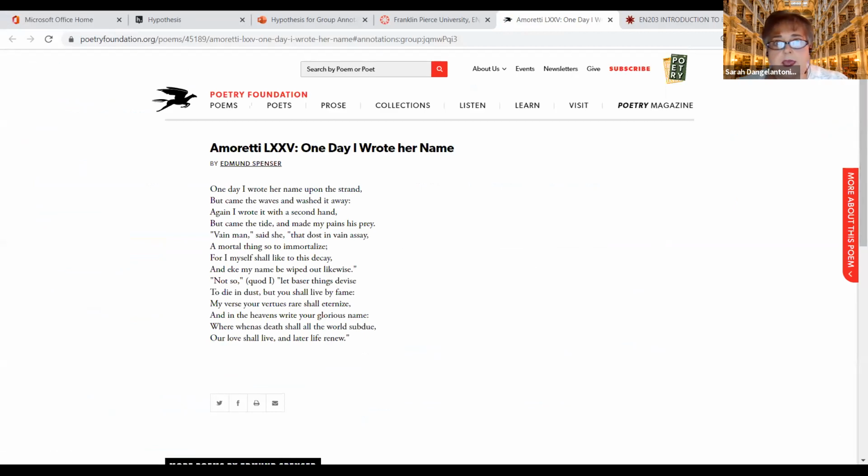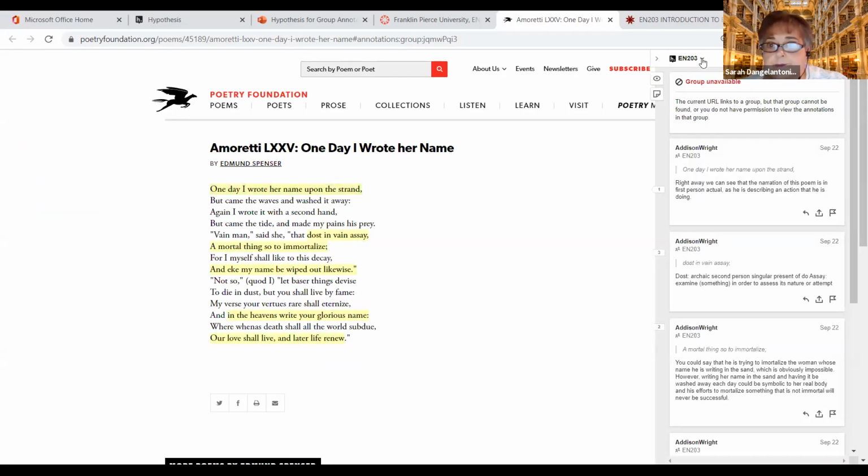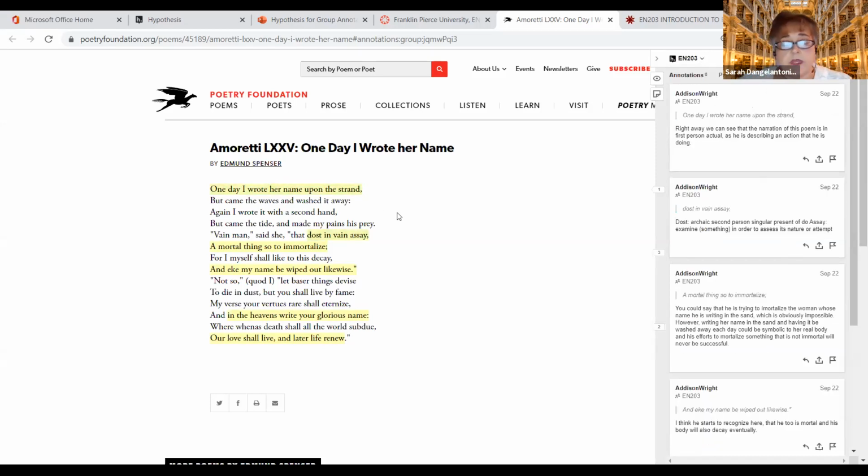And then I had it set up so that my students, and if you look up here, this is the way Hypothesis looks in the browser. You'll see this little H, and it'll get dark when you've got it linked. But if I open up Hypothesis, and let's see, I'll go into my group. So here you see the class group that I made. So this is our own class, not public, annotations.